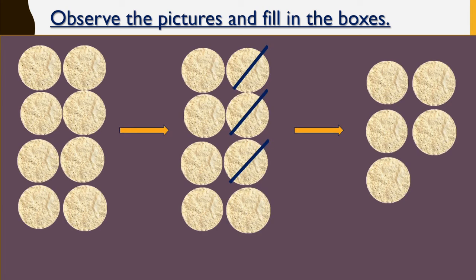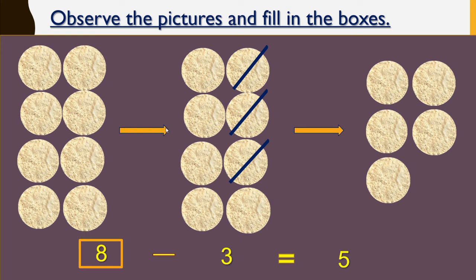See here, papads, karam kuram, right? You like, na? So I have taken this example. Okay, here also we have to fill the box. Here, at the start, we can see only the box. Now we'll count these papads. 1, 2, 3, 4, 5, 6, 7, 8. So let us write 8 here. Because 8 papads are there.